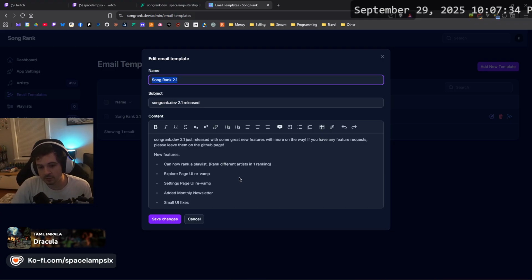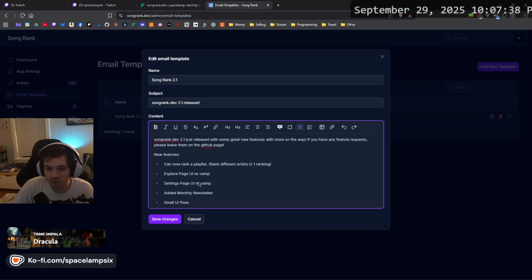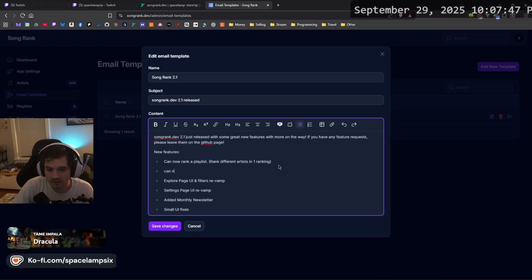Explore page UI revamp and filters. Settings page UI revamp. Monthly newsletter. I also can now technically rank podcast episode playlists too.